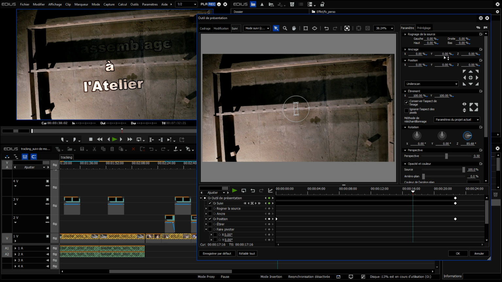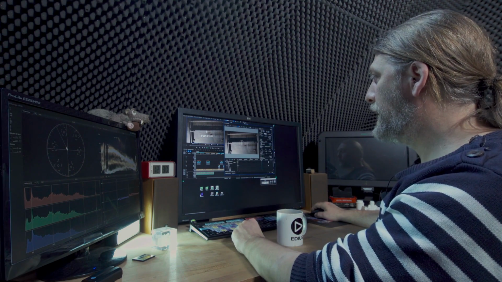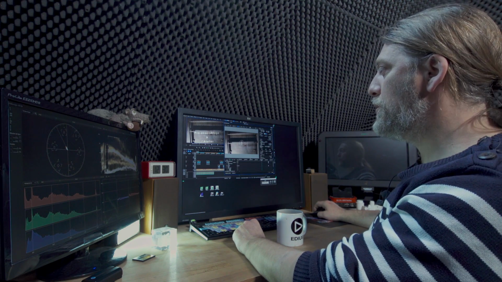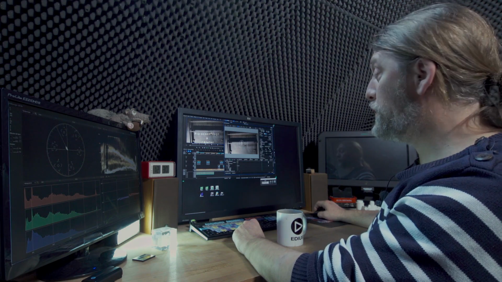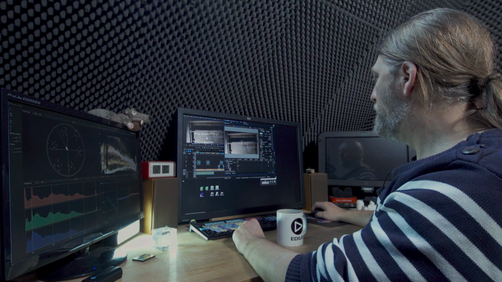I'm used to working in motion tracking, so I have the habit of repositioning the anchor from here. Position works too. It's just a habit I've picked up. I hope this is not a bad habit,